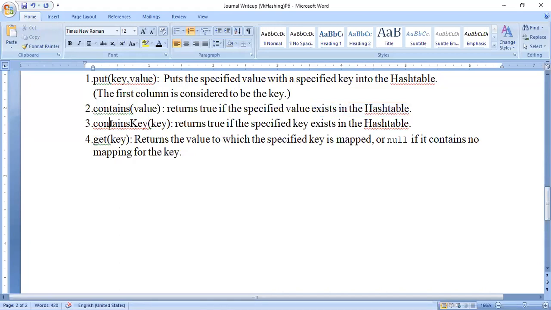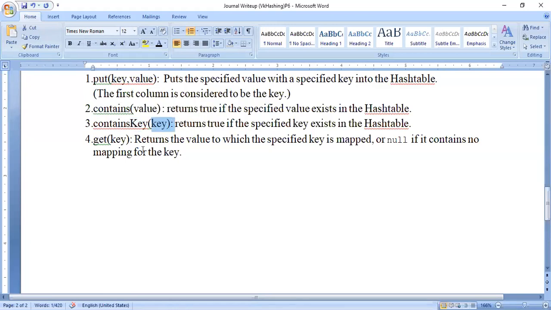I can check whether the specified key exists in my table. Whatever key I pass, it will check whether that key exists and return true or false. Did you understand both these methods? Contains and containsKey are similar methods: contains checks whether the specified value exists in the table, and containsKey checks whether the specified key exists in the table.